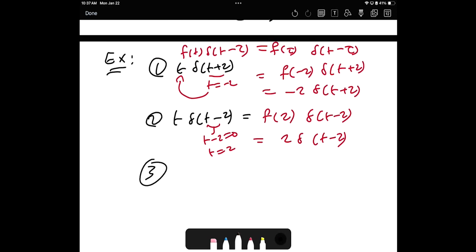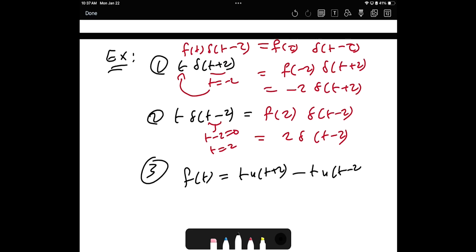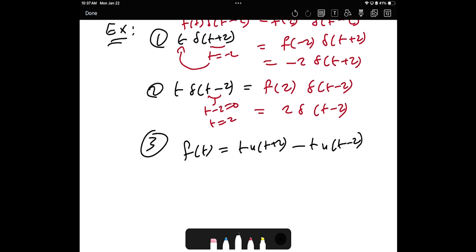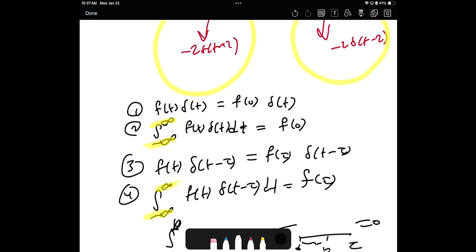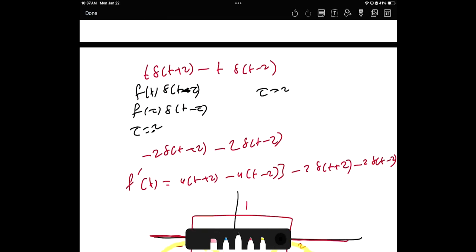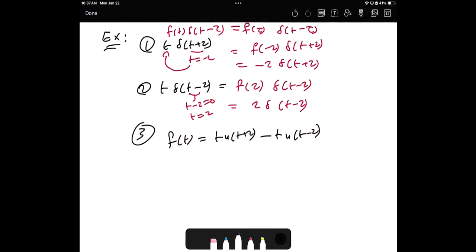Now number 3, we have f of t equals t u of t plus 2 minus t u of t minus 2. I think we already did this derivative, but we already did it here, but yeah, okay, so